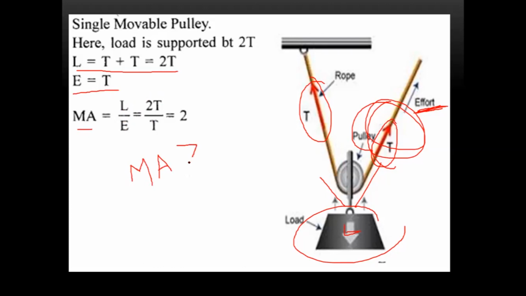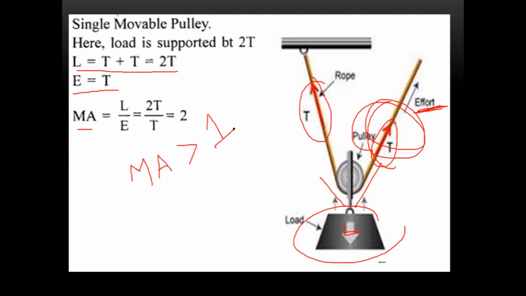When the mechanical advantage is greater than 1, we say the machine acts as a force multiplier. What do you mean by force multiplier? In order to move a huge object, you need to give a small force. So your effort is reduced. If you are using a single fixed pulley, in order to move a 100 Newton object, you need to put 100 Newton of force.